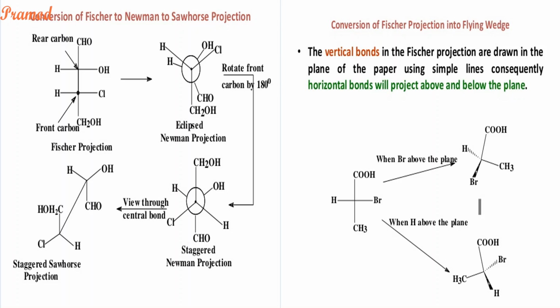The next is conversion of your Fisher's projection into the flying wedge. The flying wedge, what is this? This is most commonly used when you are writing it in your book. So the vertical lines in the Fisher are drawn in the plane, and the horizontal lines will project above and below. So the vertical line will be towards you and your horizontal lines will be away from you. So if you see in this particular structure,